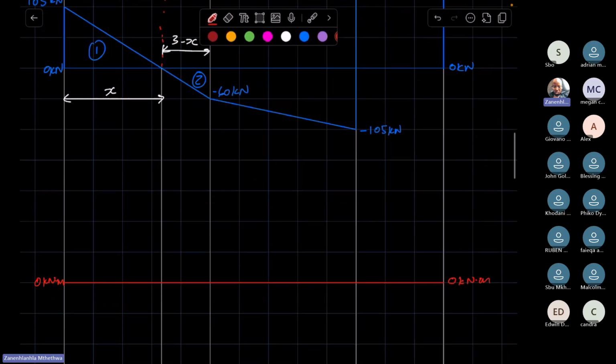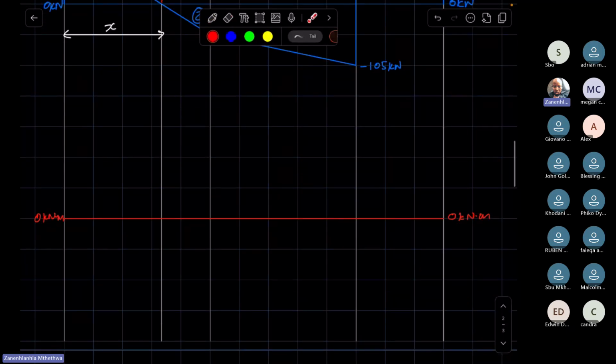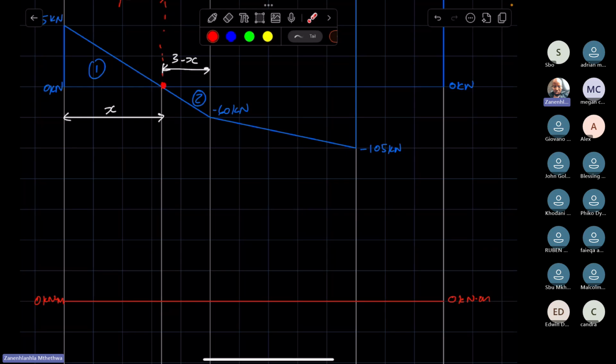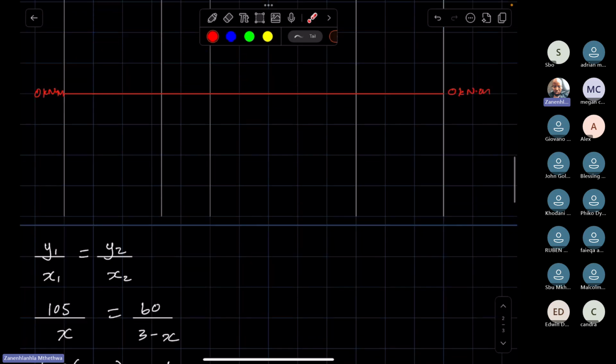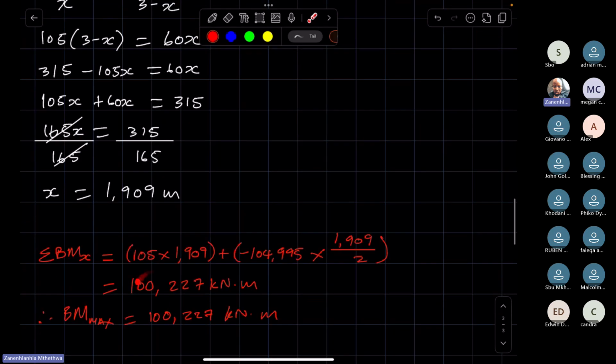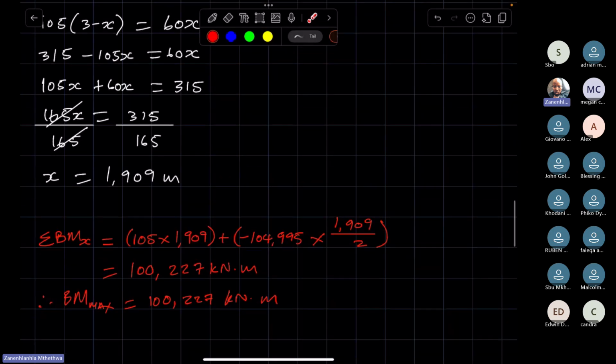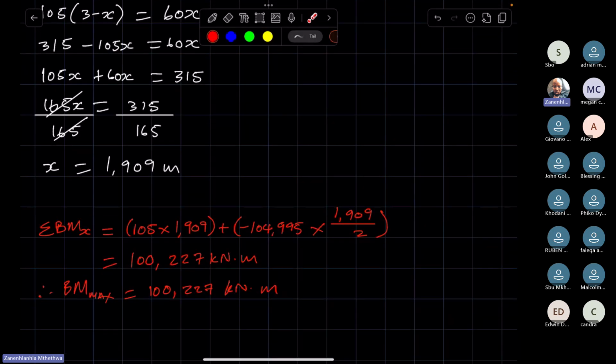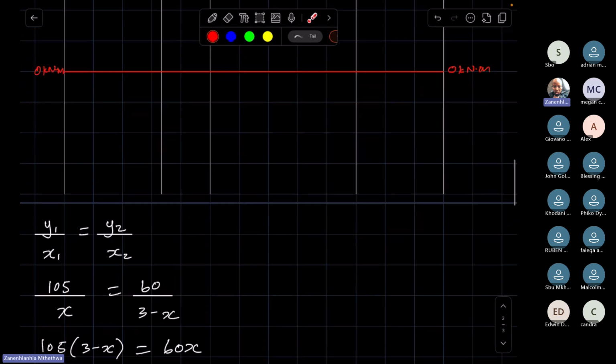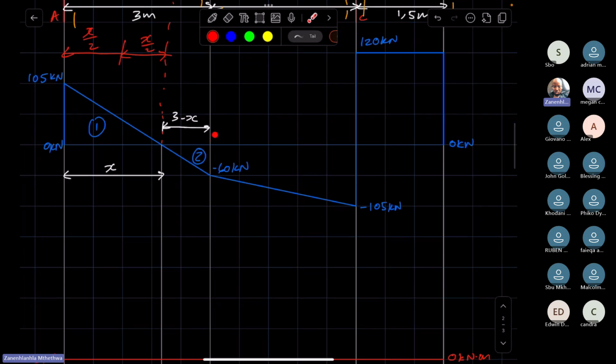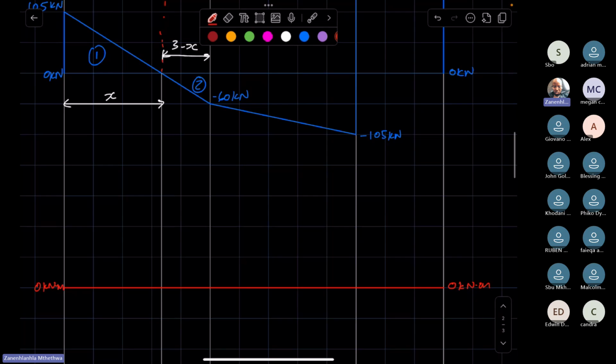Now I've forgotten about where we have our maximum bending moment, which is at this point. This point comes before point B, so we first have to show this point. This point is where the beam experiences the most bending, because out of all our bending moment calculations, this one is the most in magnitude. Seeing that point B comes after this critical point, you first draw